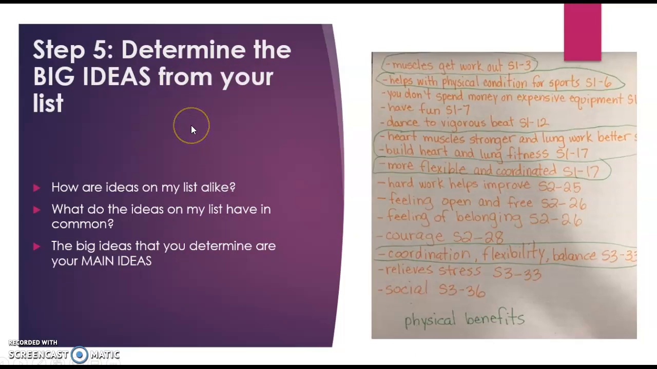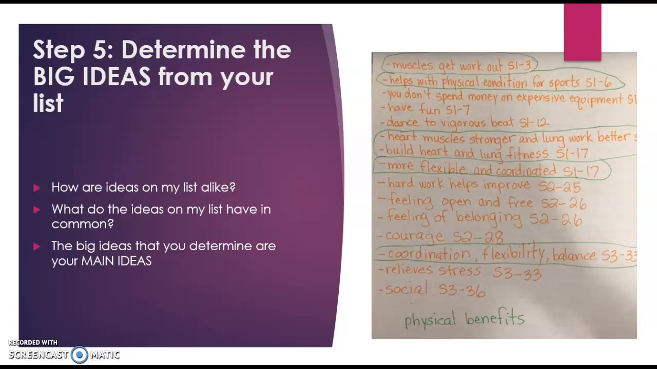Step 5, now it's time to determine your big ideas from your list. And this is where students have the most problem. So some of the questions that I was able to ask myself while I was trying to think of what my main ideas could be: how are these ideas on this list over here, how are some of them alike? And what do these ideas on my list have in common? Okay, so I started rereading my list. And you'll notice here that I have circled in green